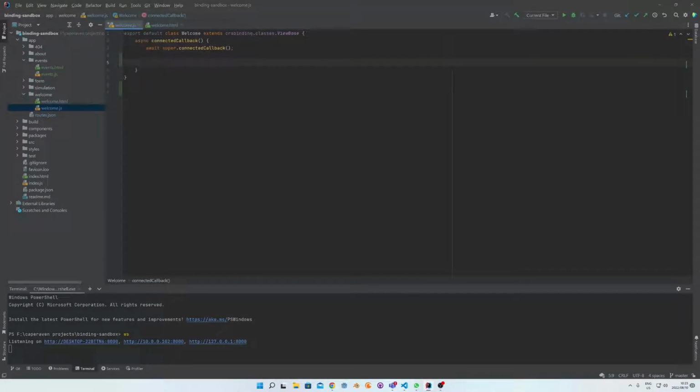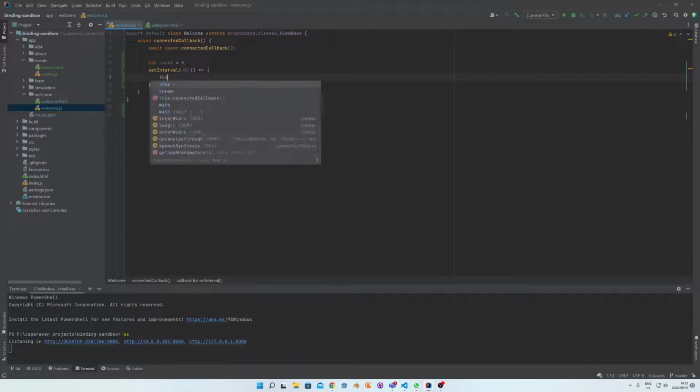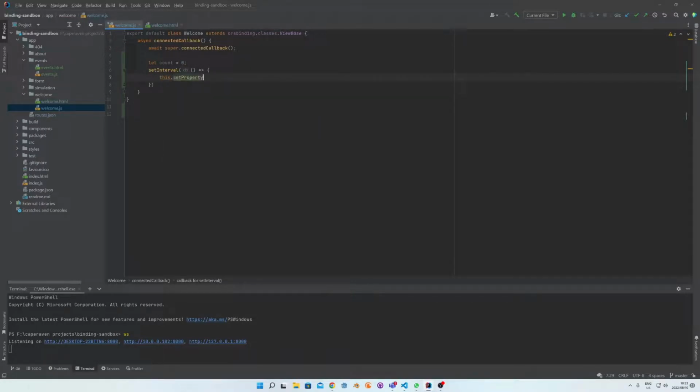To do that, we're just going to use an interval, and we're going to set the value periodically so we can see the value updating. So we'll start off with a variable, count equals 0. Set interval, we're going to use an arrow function here, and we're going to say this dot set property counter, and we're going to put the count in there, and we're going to say count plus equals 1, and then when we save it,